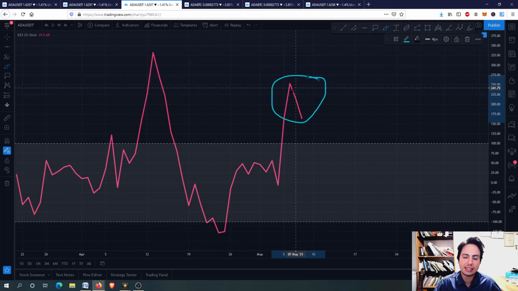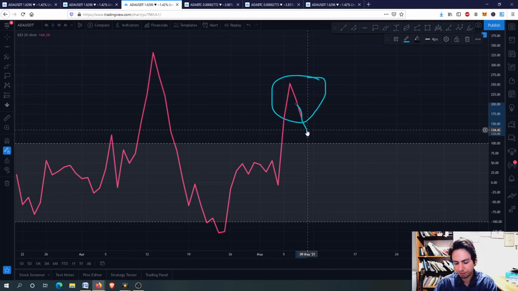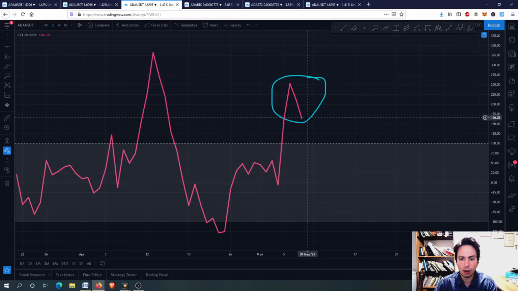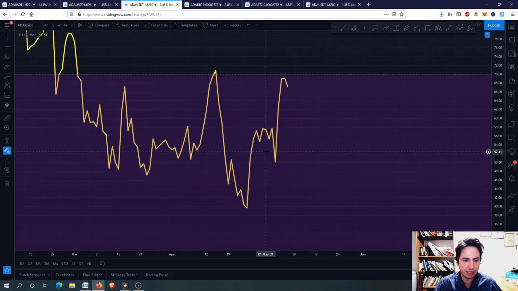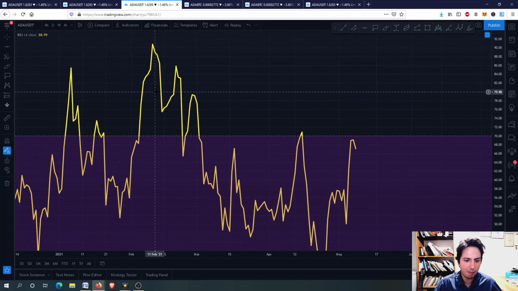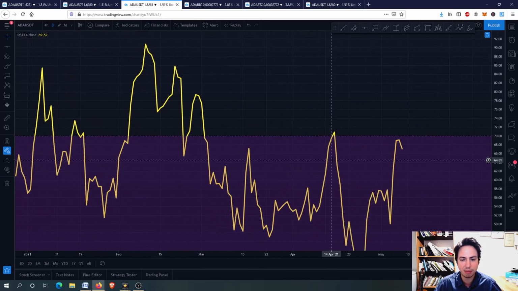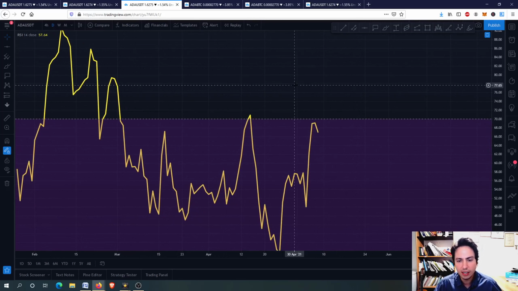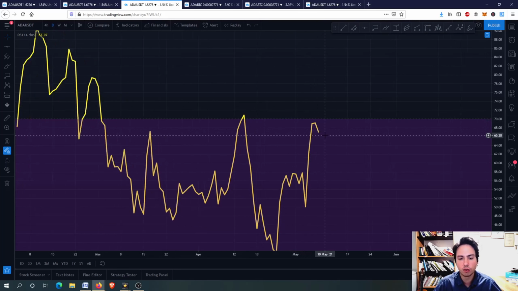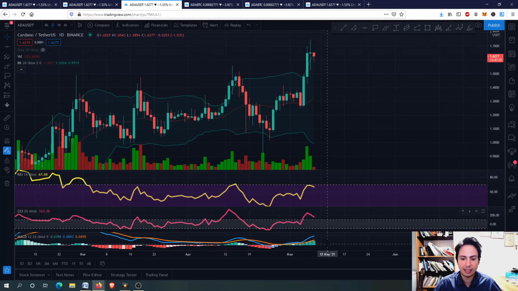Therefore we are seeing this correction for ADA. What I want the commodity channel index and the RSI to do in the daily frame is something like this back in February 2021, guys, where the lowest was here, but eventually we might get lower RSI. But that's what I want to do in order to have more of a bullish run for ADA, a very, very good run. But for now, we will depend on the RSI, and of course, we will depend on the commodity channel index, the MACD.